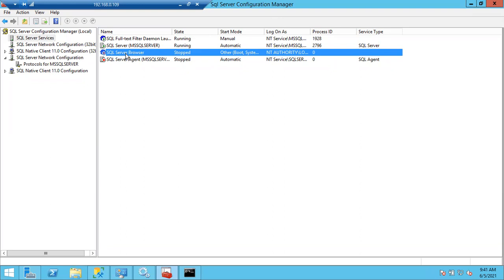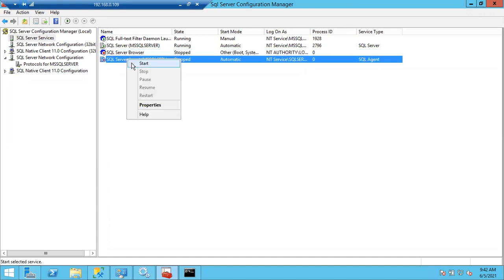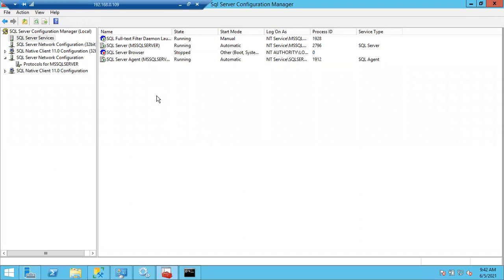In case the browser service is down, don't worry at all. There is no relation between the SQL Server and the browser service. If the browser is down, there is no impact on the SQL Server. It simply helps you to identify the server in the network. Most servers' browser service will be in stopped state only. In real time, in organizations also, 99% it will be in stopped state only. If we start it, no problem. If it is in start state, you can find the service and the instance name.